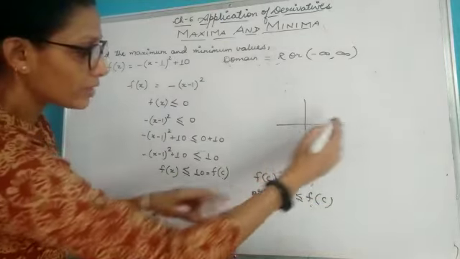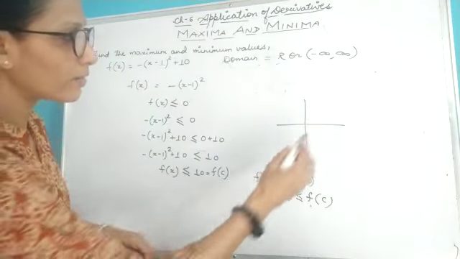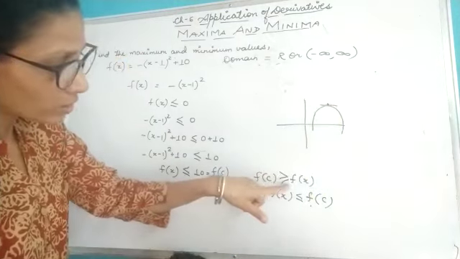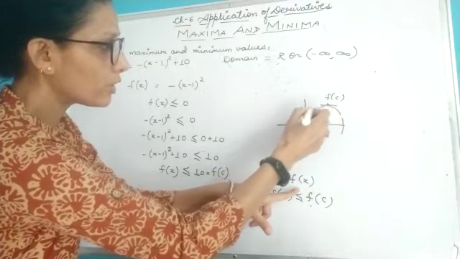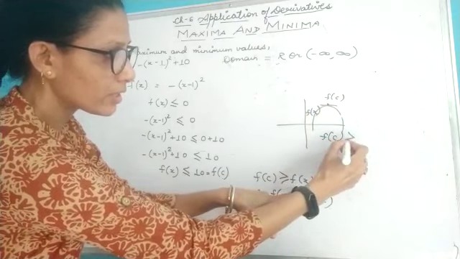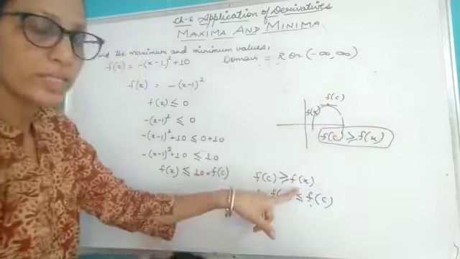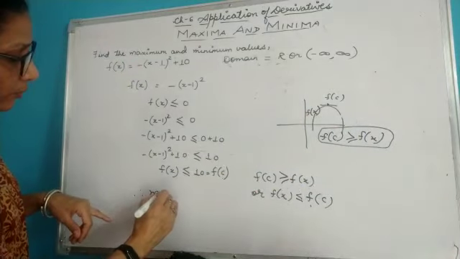If this fc is greater or equal to fx, then we have the condition like this. This is your point fc, which is greater than all the points lying on the fx. So this is your fc and this is your fx, and I am writing that your fc is greater or equal to fx. That means this is the condition for maximum value. So I will write, therefore, maximum value